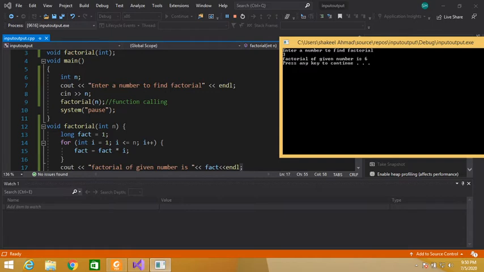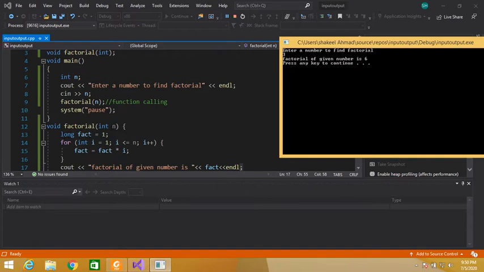Now when this call happens, the control will directly jump to the definition of this function, because here we are calling our factorial function. Here we are passing int n, meaning this n is passed and contains 3, so this 3 is passed here.